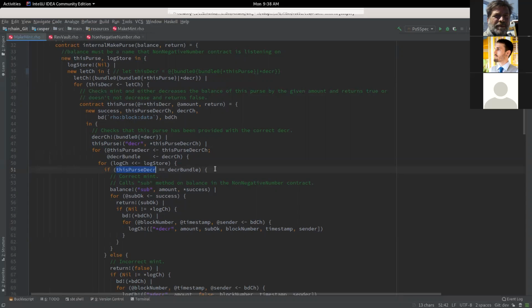Maybe that's a feature that will ultimately be added in, but it's not even clear what that means right now, to extract tokens that are actually a different mint from a purse that holds tokens of some mint. But okay, so the point is we do that check to make sure that we're dealing with the right type of token. So that's what the check on 51 does.